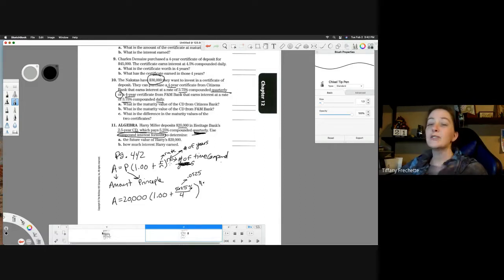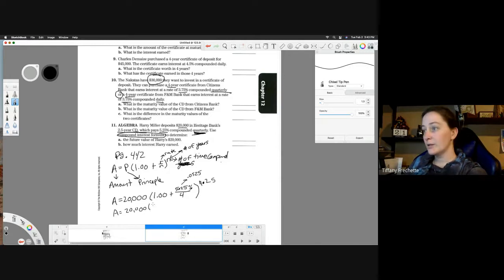And we need to know in total how many times it is going to be compounded over the whole life of the CD. So that's why we do n times t out here. So it's 2.5, and this is a time symbol, not a decimal. All right, so if we simplify this, we have A equals 20,000